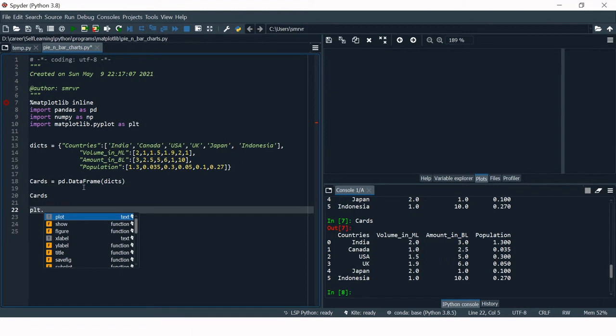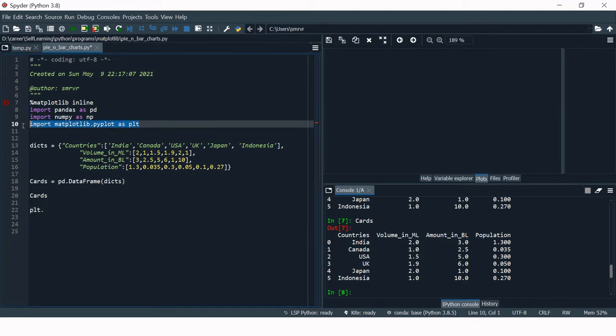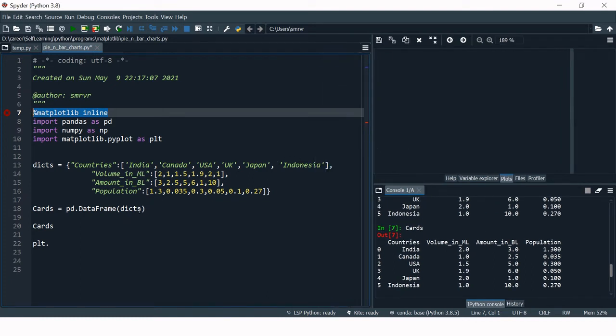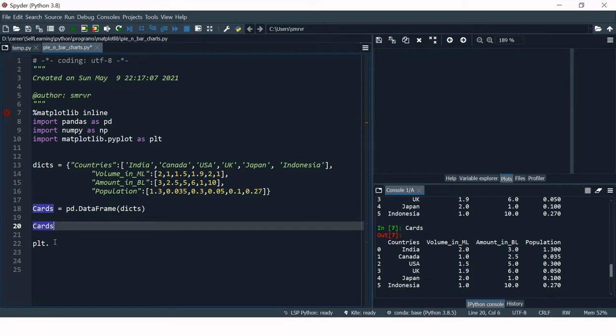Remember, when you are creating any kind of chart using Matplotlib, it is very important that you import Matplotlib over here. And if you are working in Jupyter Notebook, then do not forget to include this line, right? This will help you keep populating charts in the same window.